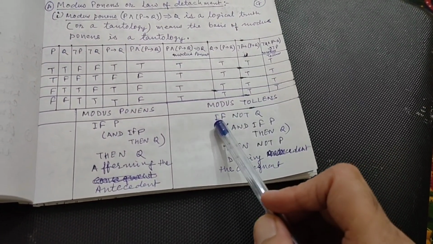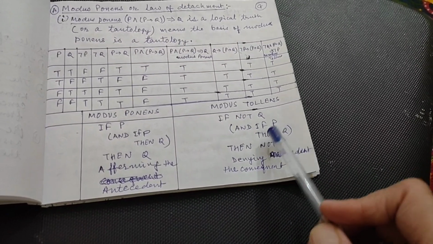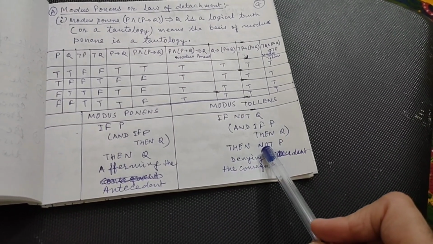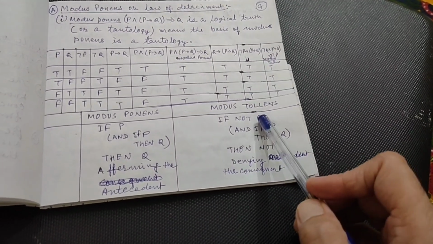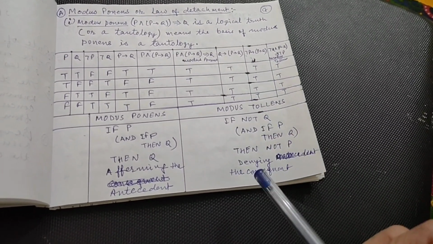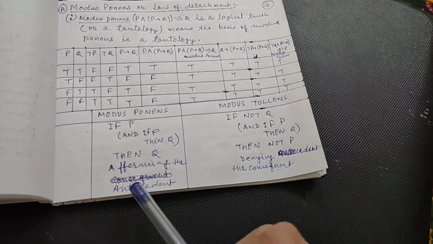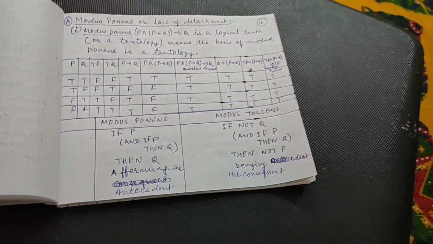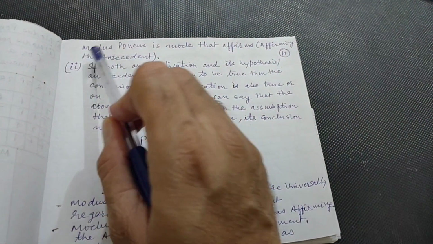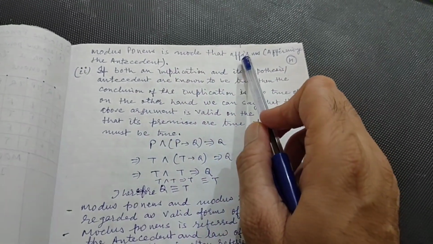Modus tollens: if not Q and if P then Q, then not P, denying the consequent. Not Q is the negation of the consequent, so we are denying the consequent here. In the same way, we are affirming the antecedent here as P. So, modus ponens is the mode that affirms,